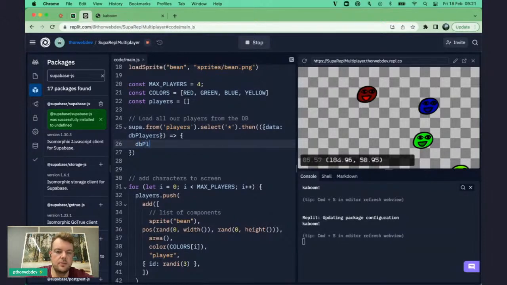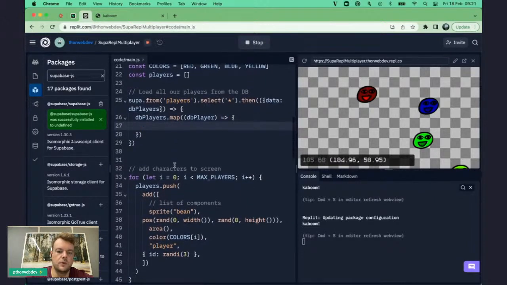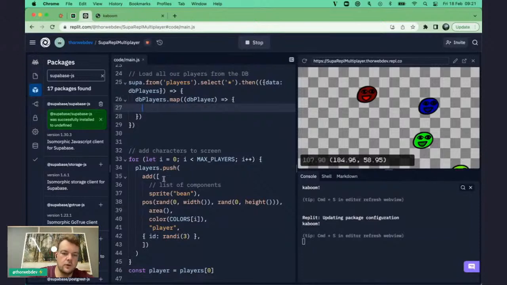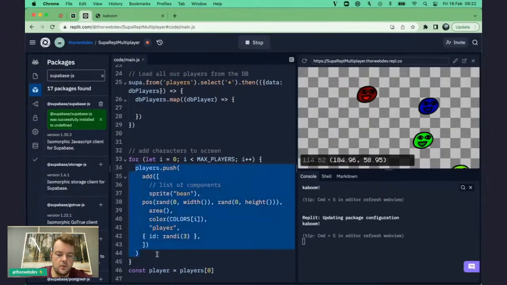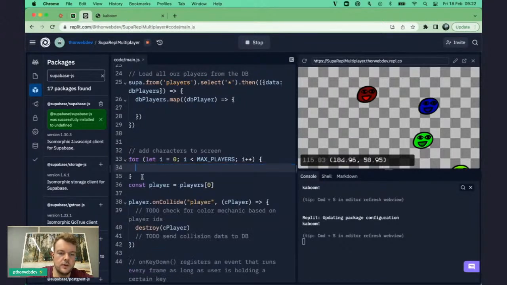Then we say DB players, and we can just map through them, and we get each DB player. What we want to do is for every one of these players, we want to add them to the play field. So literally, let's just take exactly this, players push,